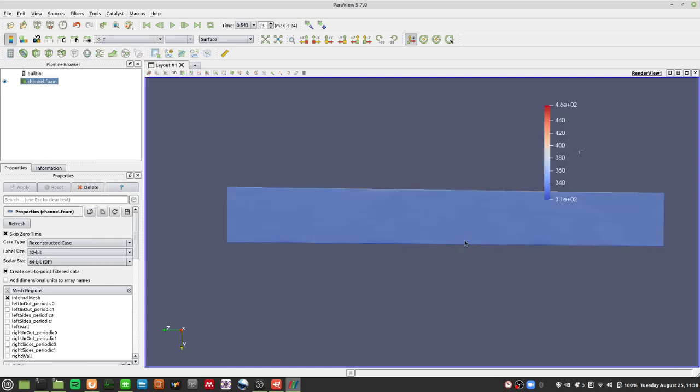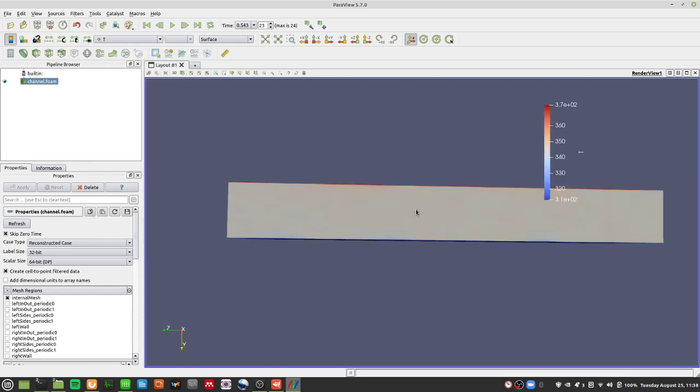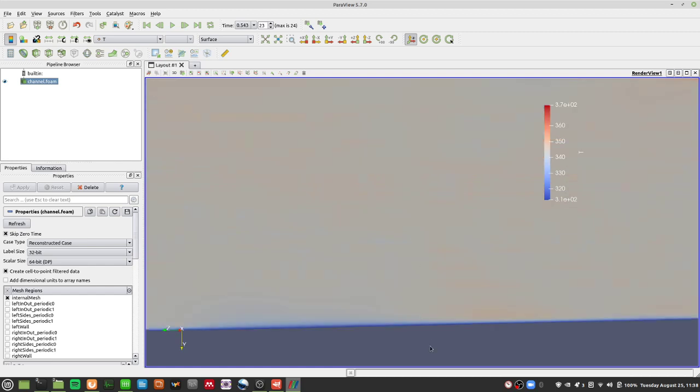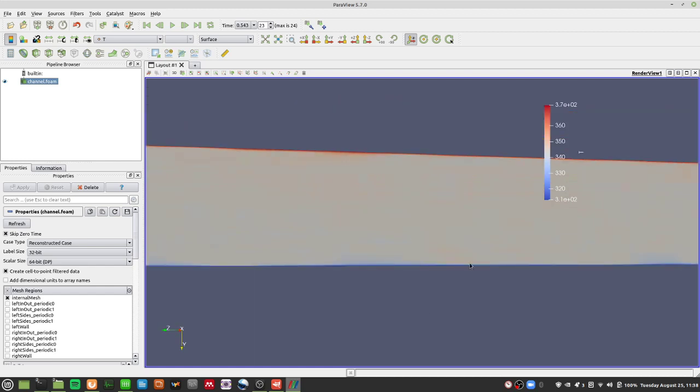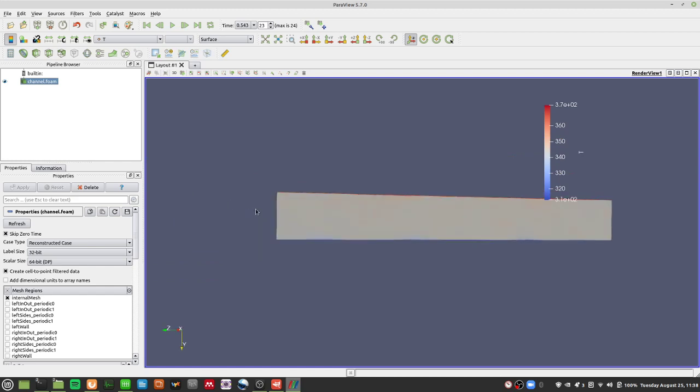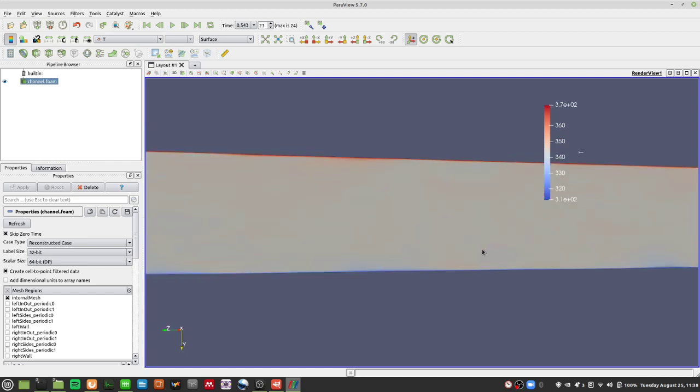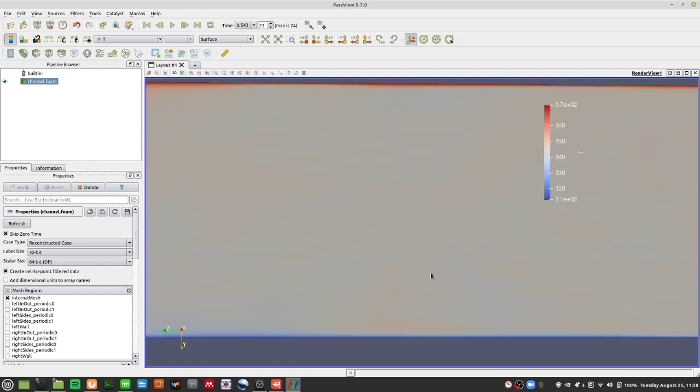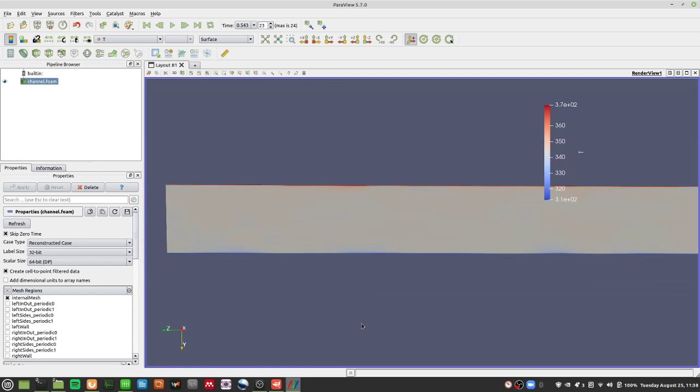Okay, let me show you the temperature profile. So this is what the temperature profile looks like. There's some, I guess, boundary layer. There's a hot wall and a cold wall, and they are exchanging heat with the fluid. So at this point you can see it's still somewhat okay. You don't see very much heat being transferred into the fluid or taken out of it, but that's okay for now. So actually what it shows is that